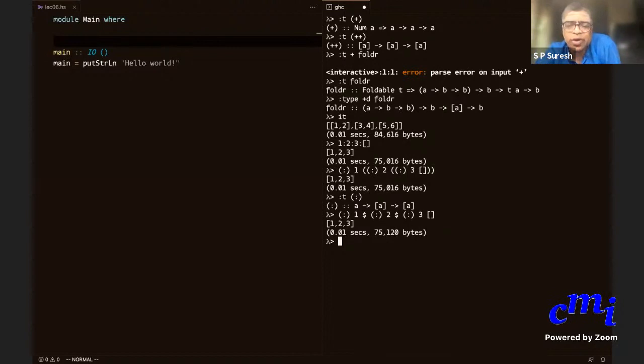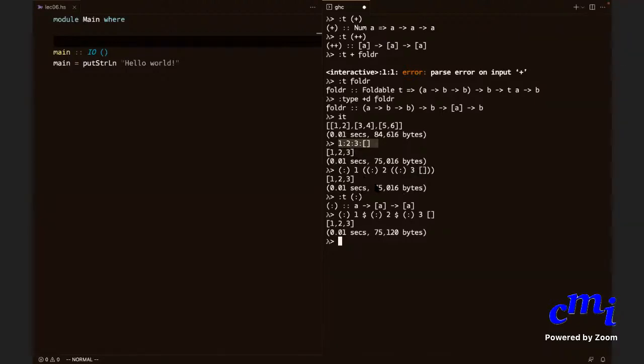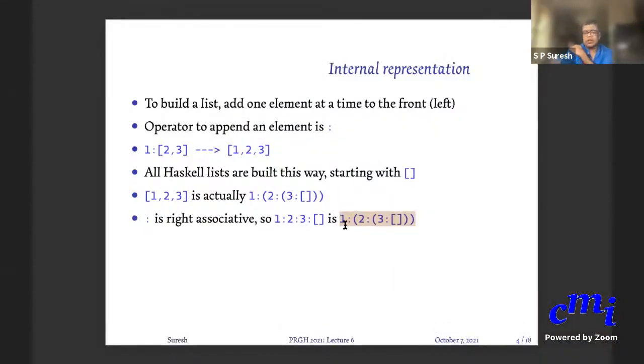So you can save on parentheses by putting dollars. But I mean, it's much more ugly to read. I'm just showing you that it's a function. You will usually write it like this: 1 colon 2 colon 3 colon empty list. Okay, so let's get back here.